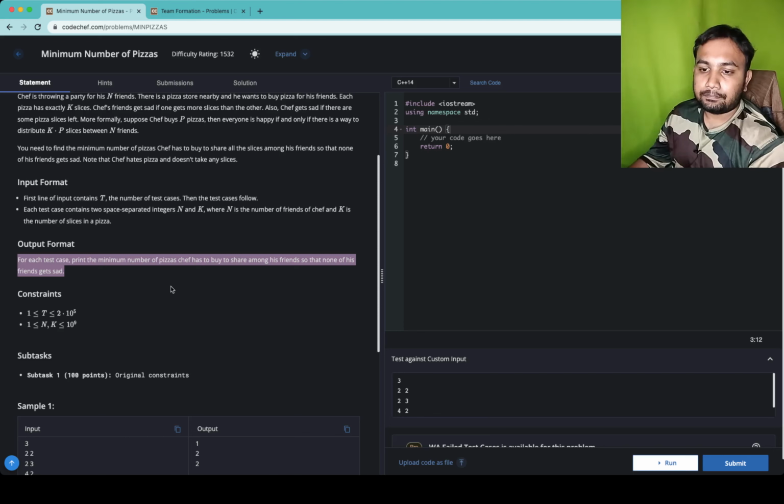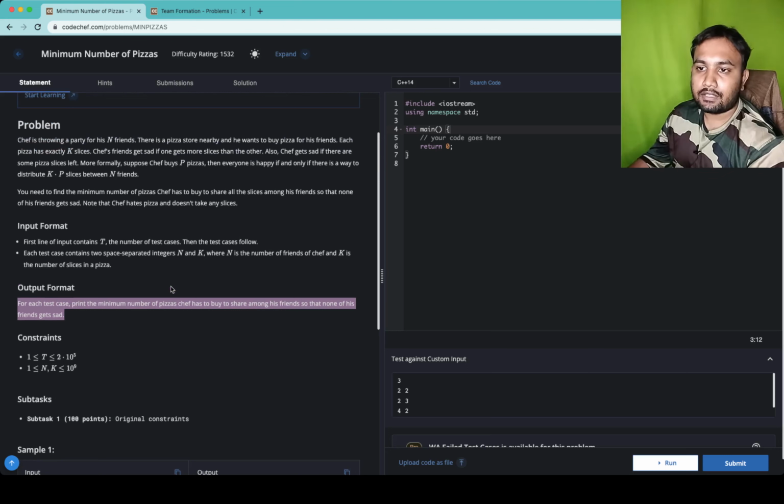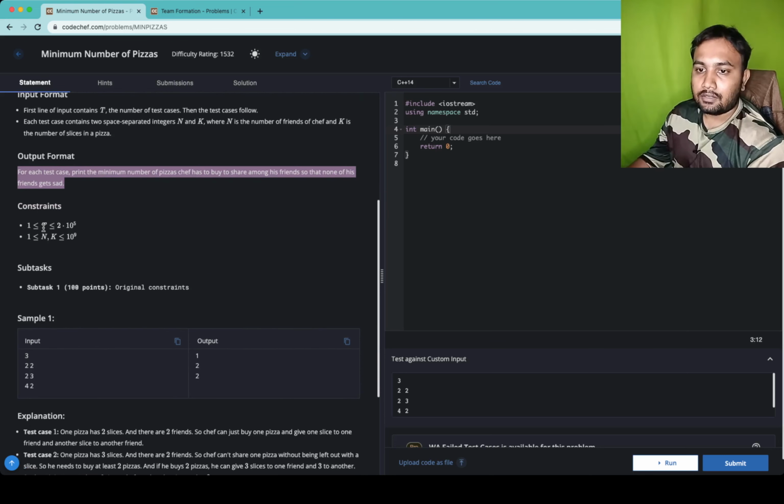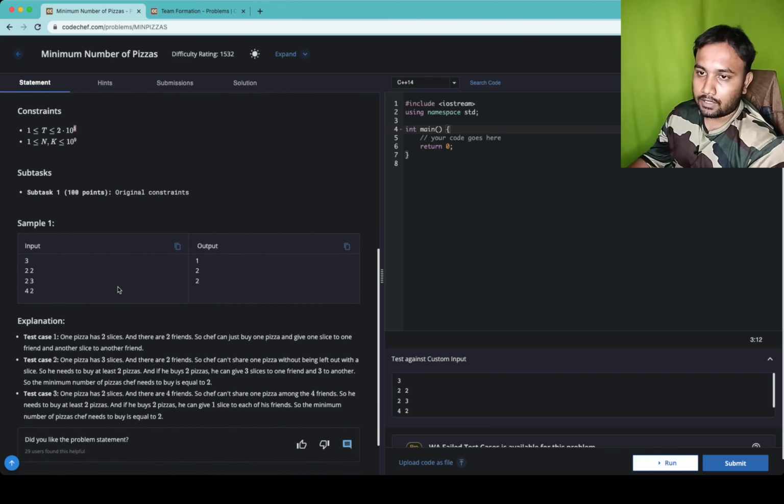Okay, so looking at this, the problem looks quite simple. Basically he has given us the number of friends, he has given us k, the slices that each pizza has, and basically we want to find out the pizzas such that all the pizzas get eaten by all these n friends, and all of them get an equal number of slices. Okay, so the value of t ranges from 1 to 10 to the power 5, and the values of n and k range from 1 to 10 to the power 9, which is okay. And there is only one subtask, which is 100 points. So basically there is no partial scoring here. Okay,